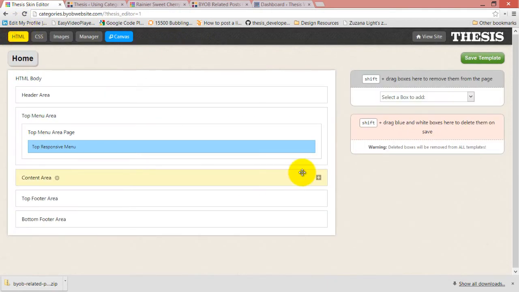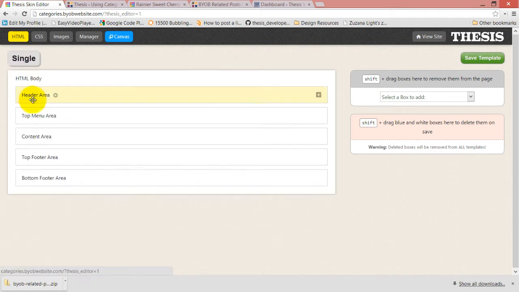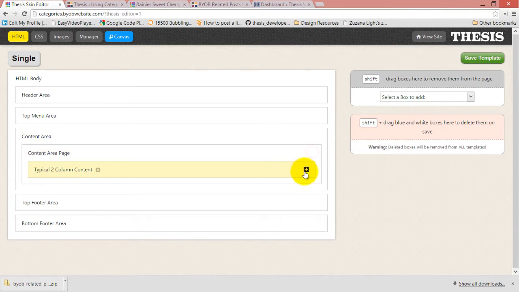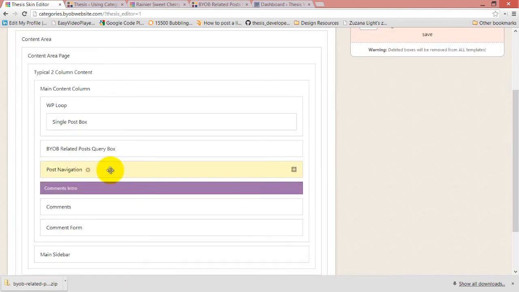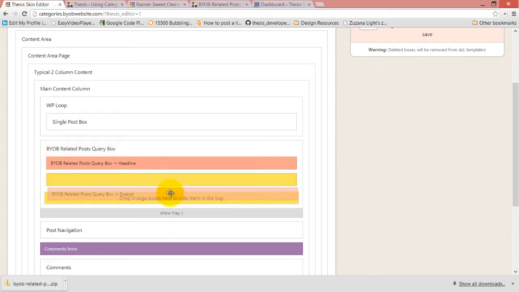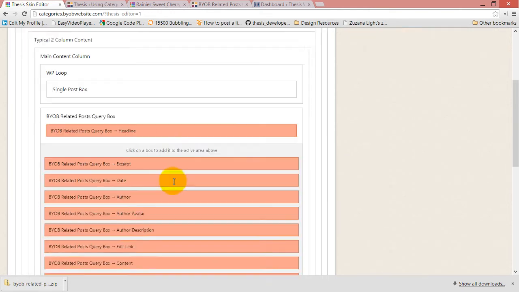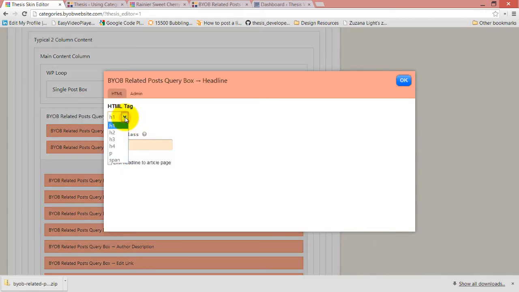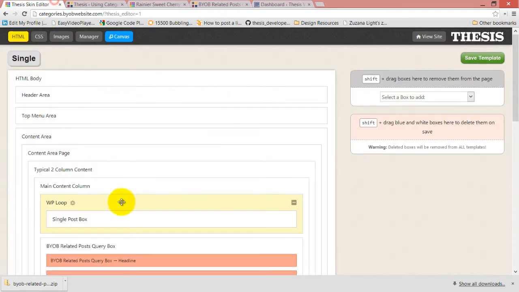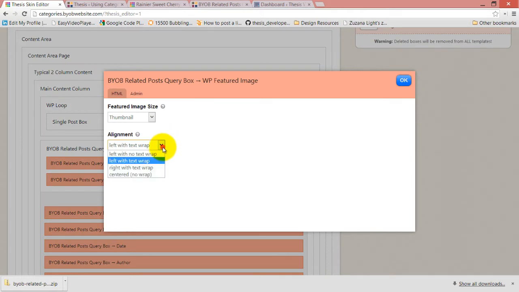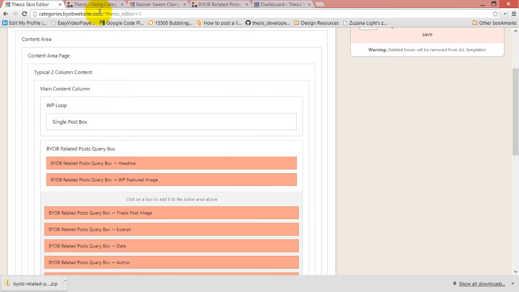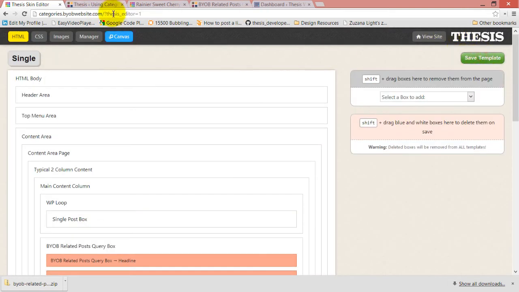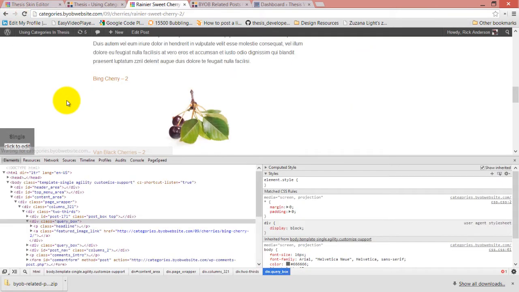So come back over to HTML and the single template. And instead of the excerpt, we'll just show a post image. And this H1 looks like it's set for H1. We'll set it to P. And we'll link it to the page to change these so that it is centered with no wrap. And then if we want them